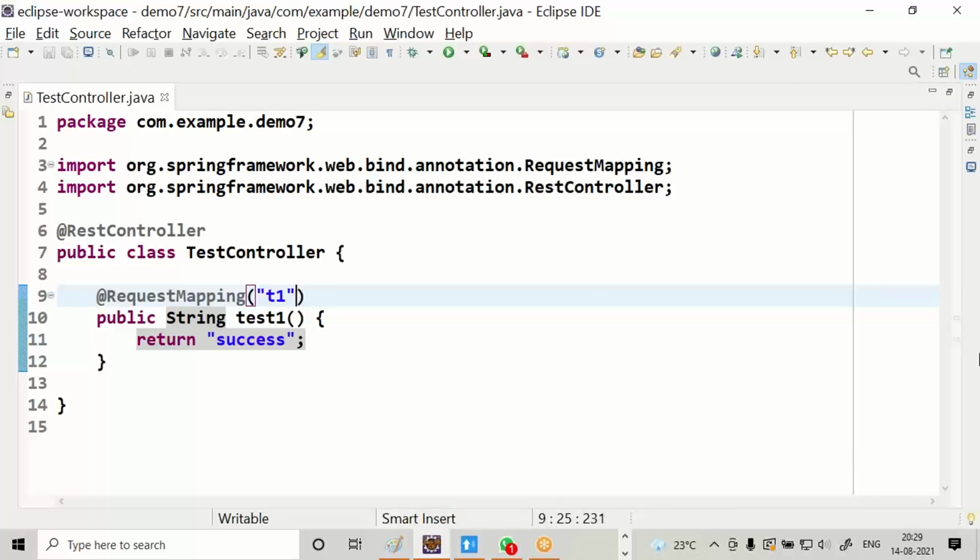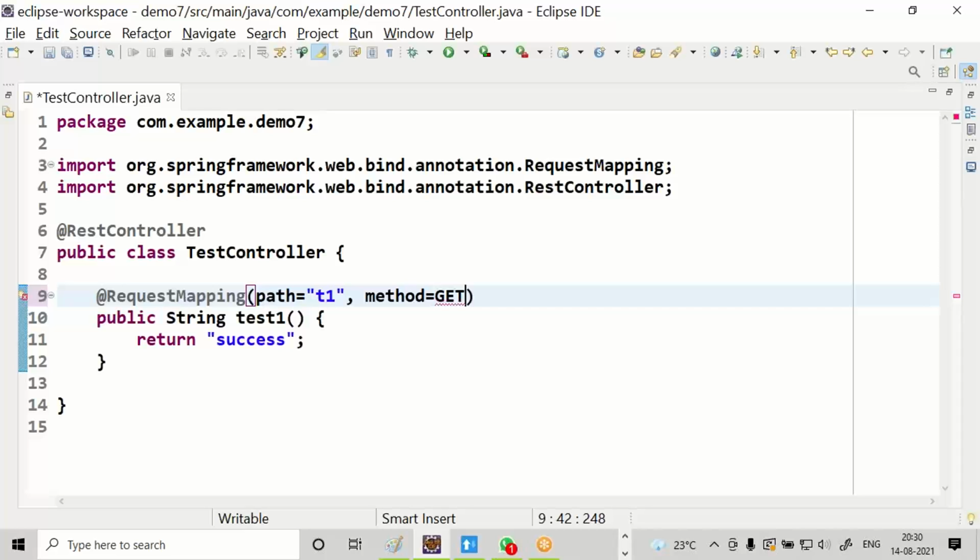I want to specify method. So not only URL like T1, we should specify method. Now we are specifying URL and method. Definitely you have to specify what is T1. First and foremost, specify T1 as a path, then only method can be provided. While providing a method, you have to specify T1 as a path.